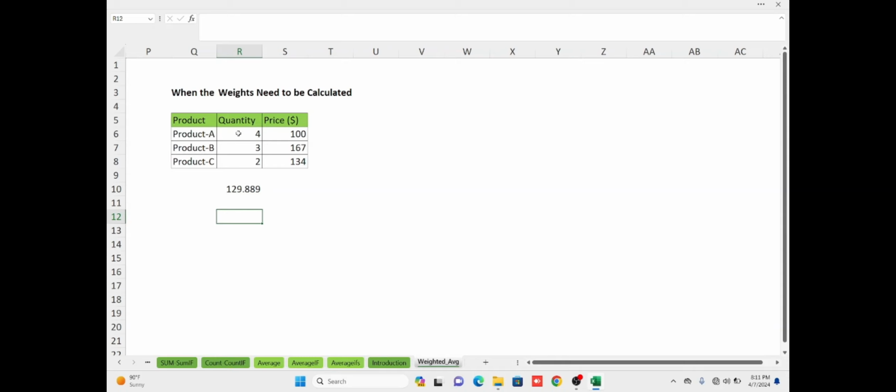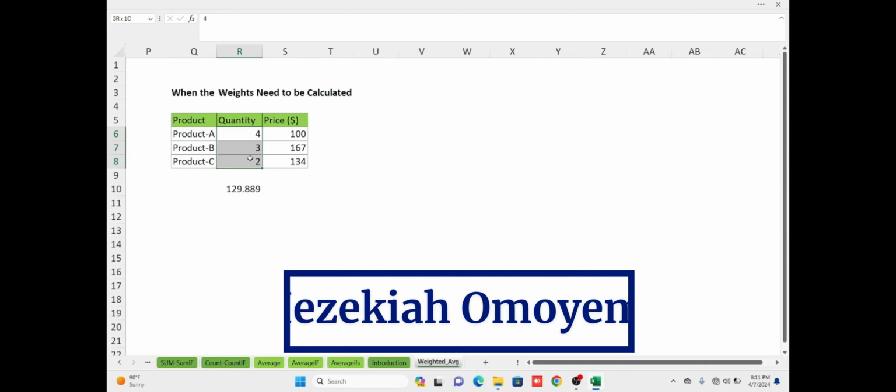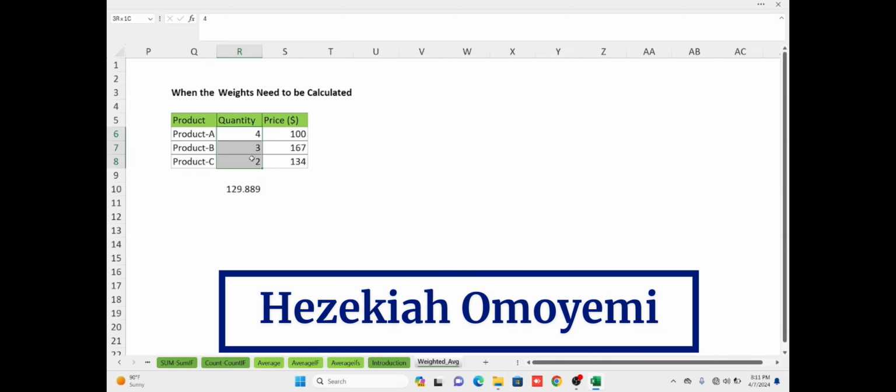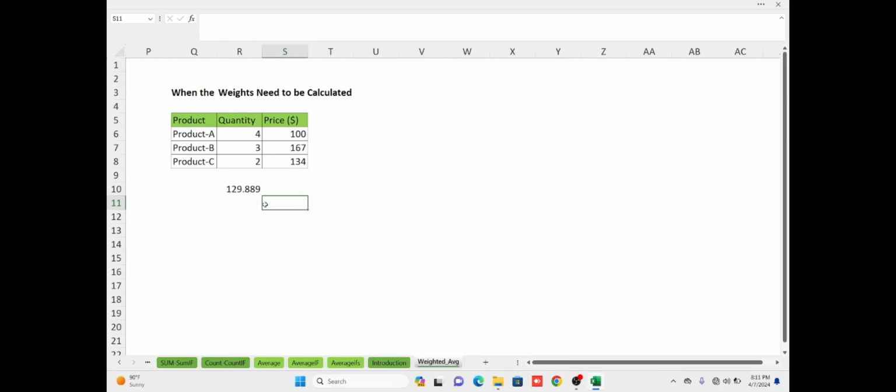You multiply the quantity by the other column, then you divide it by the sum of the column you are interested in. So this is how you can calculate weighted average using the sum product function and the sum function in Microsoft